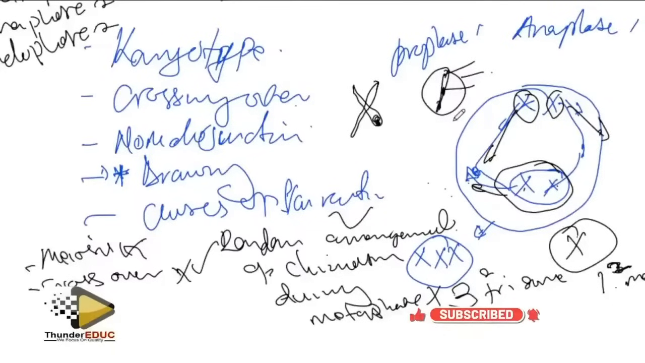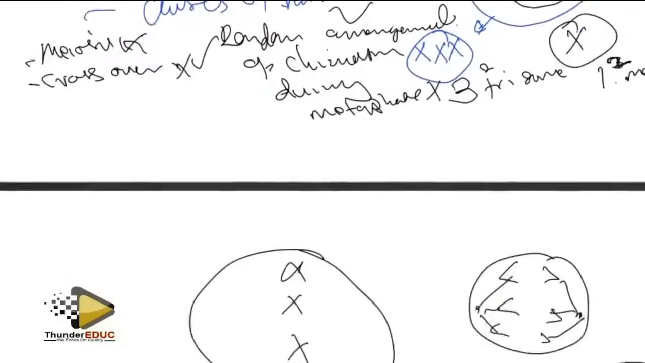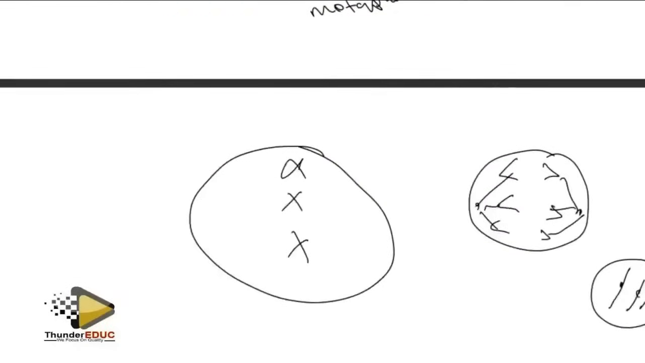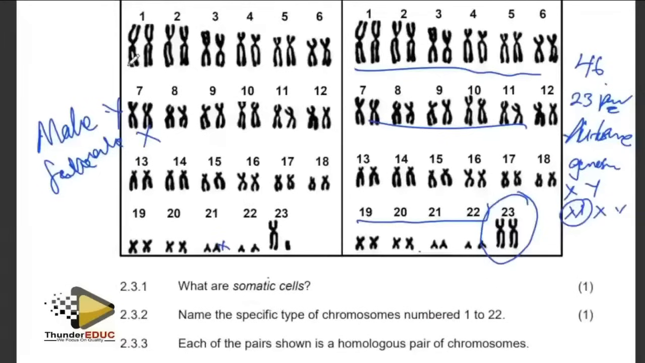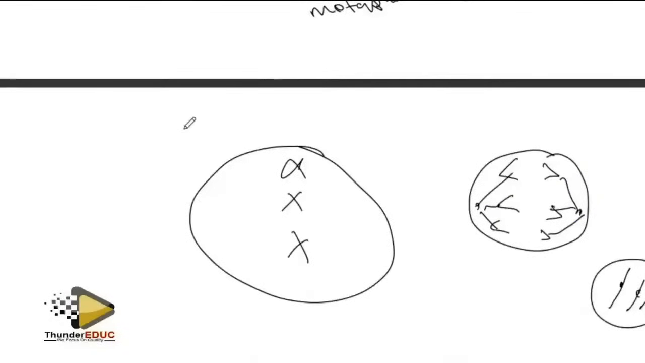Question: what is the importance of meiosis? What is meiosis? What is the importance of meiosis? The reason why we have meiosis is to have half the chromosome number, so that this doubling effect, because you remember sperm,